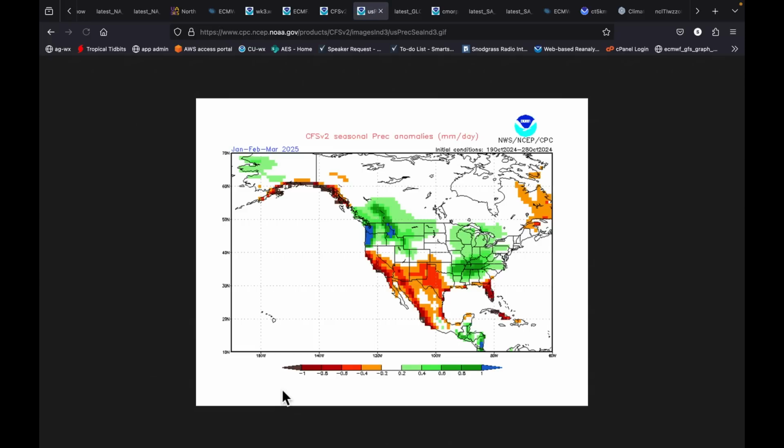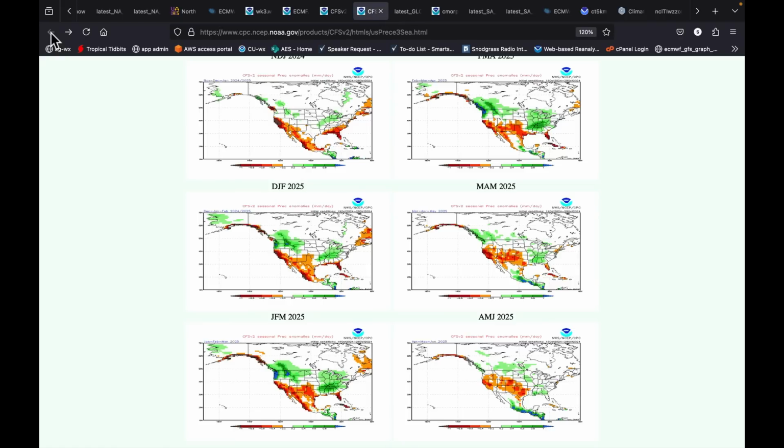And it is what it is. January, February, March. It's a single model. We're using multiple runs from it to average. But that was an interesting trend that I think we're going to have to pay attention to. And that's why monitoring the position of the Pacific High is going to be front of mind for me.